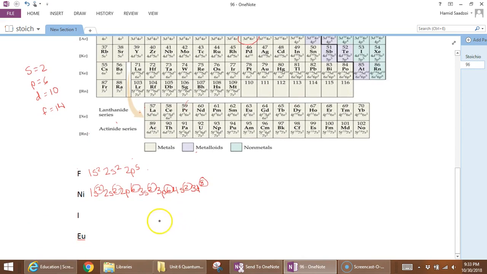All right, let's look at two more. Iodine, which is a much longer configuration. It's all the way over here, number 53, so I need to go all the way to 53. So 1s2, 2s2, 2p6, 3s2, 3p6, 4s2, 3d10, 4p6, 5s2,